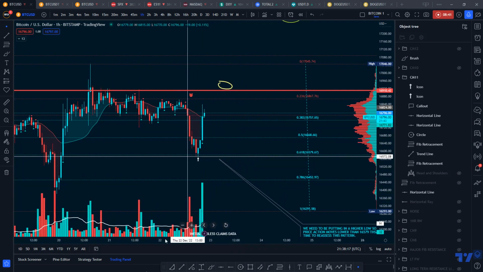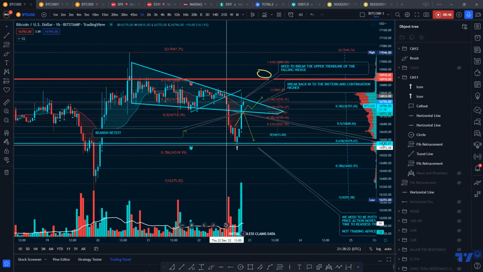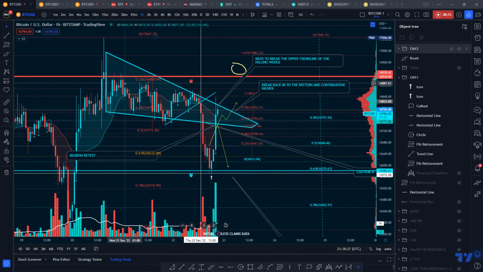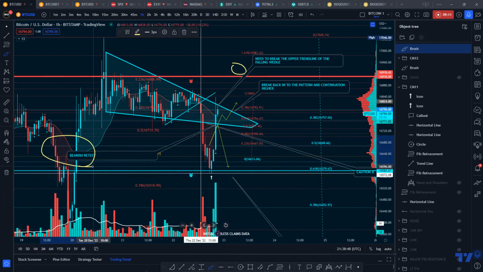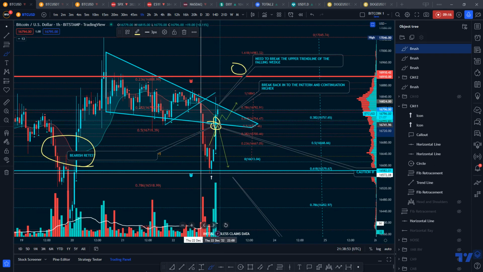During this particular trade today, we brought in, let me bring in CM12. Okay, so this was us basically analyzing this particular pattern and structure just to see what was going on. So we broke down the right shoulder and we were monitoring the right shoulder. We could see that it was in this falling wedge. Okay, and then as soon as the data came in, we saw this breakdown. Okay, and then it was a case of, right, we need to find out whether we're going to get a bearish retest of the lower trend line, which will be here, or whether we're going to break back into the pattern